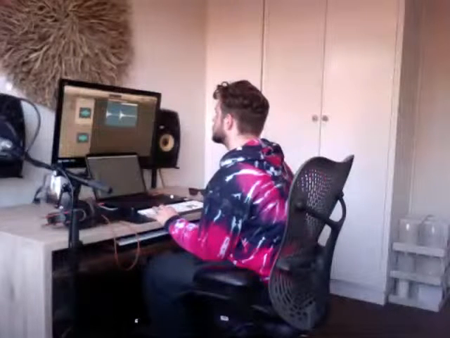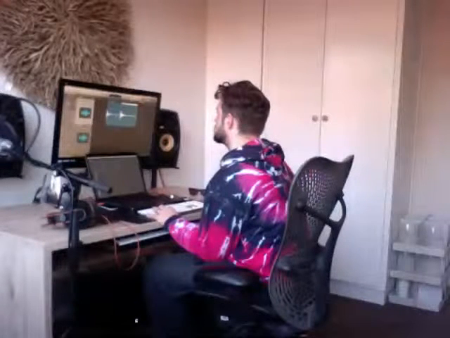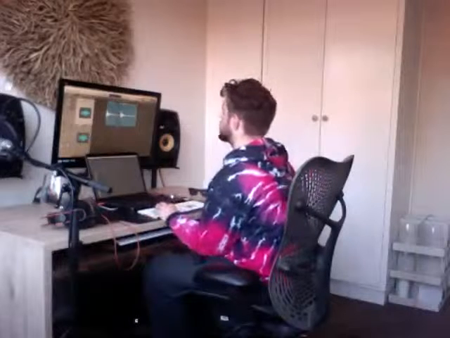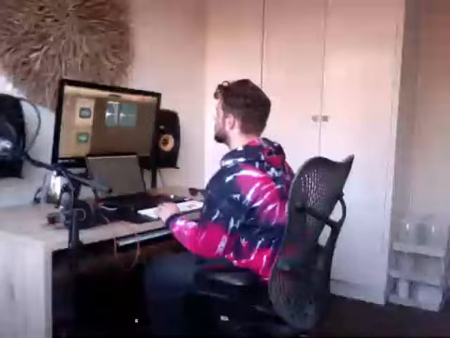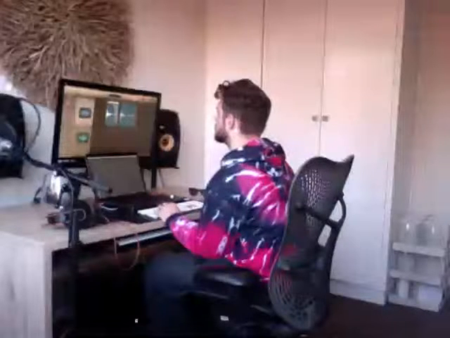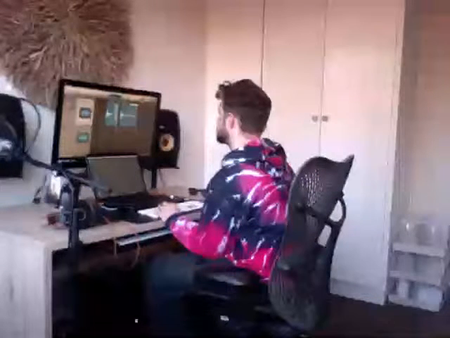So I'm just going to check and see how. So about here, I want to cut it. It's not going to go that long. And a nice fade out at the end.